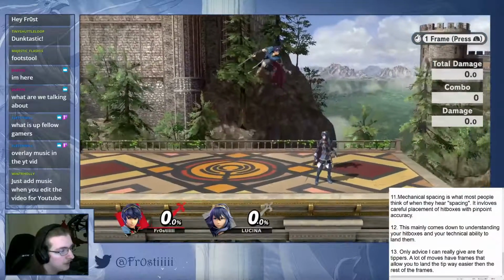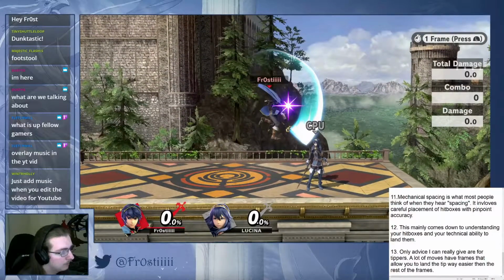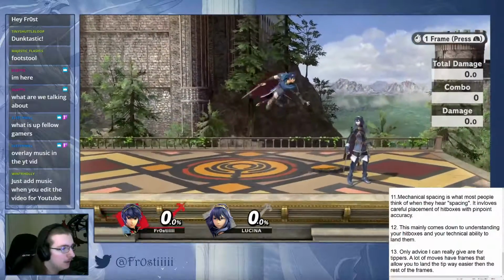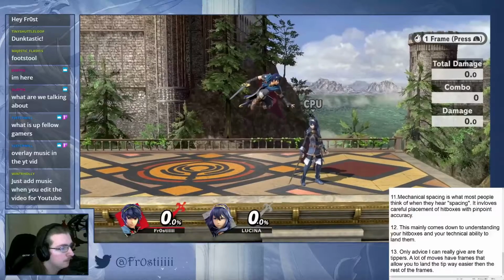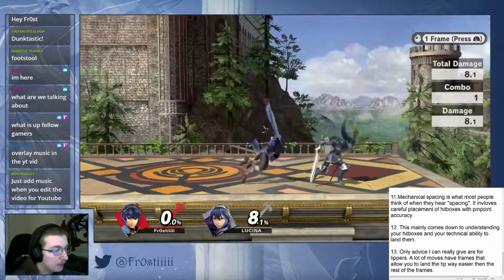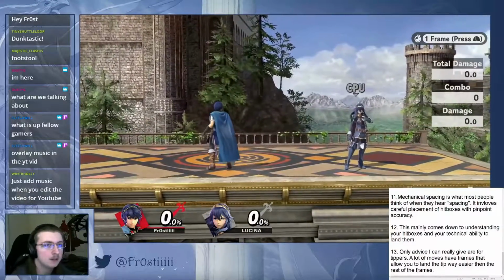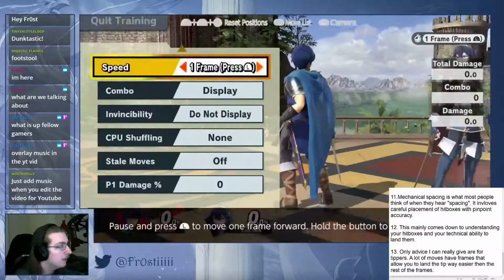Frame 8's really hard to land. But you notice how that's going to be a lot easier to tipper than if I did this. So if I'm going for that frame, that's going to be way harder to land a tipper than the other two frames. With the exception of them being in the air. If they're jumping,